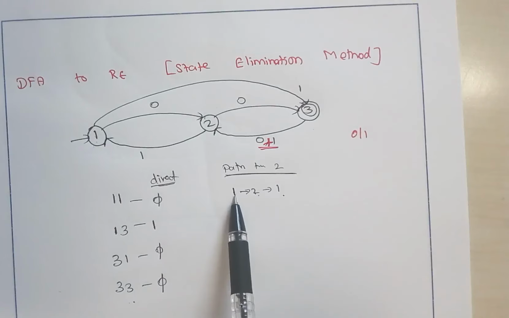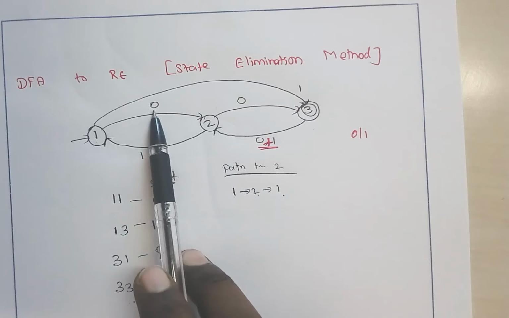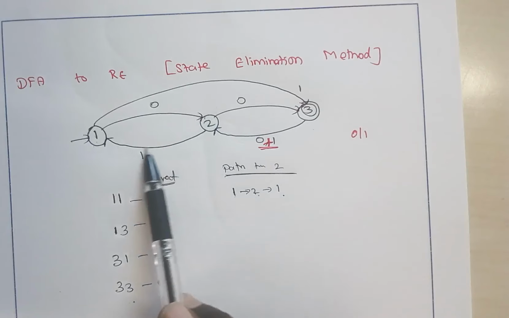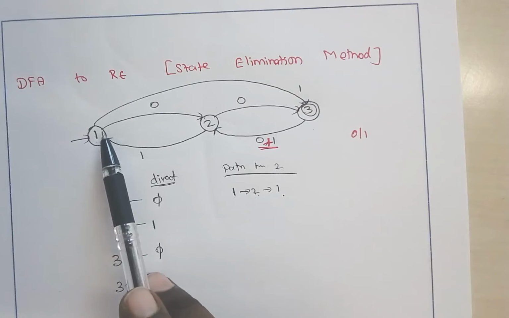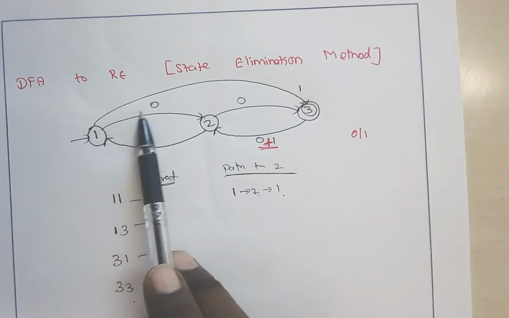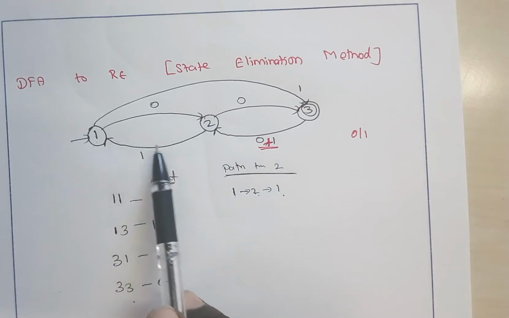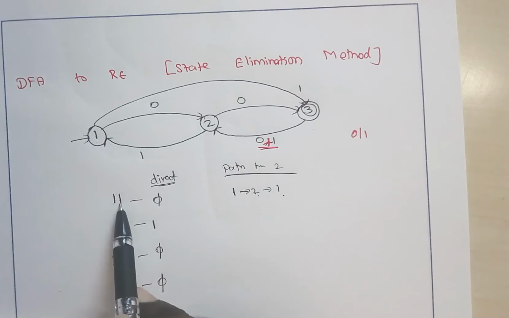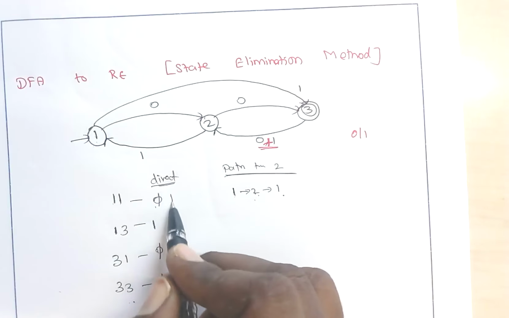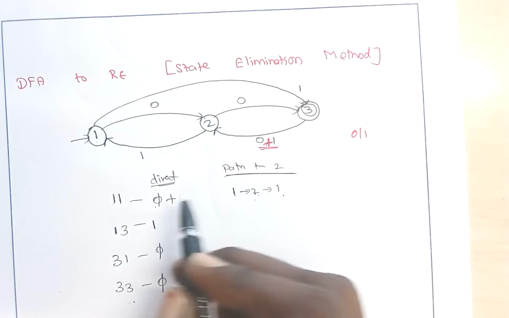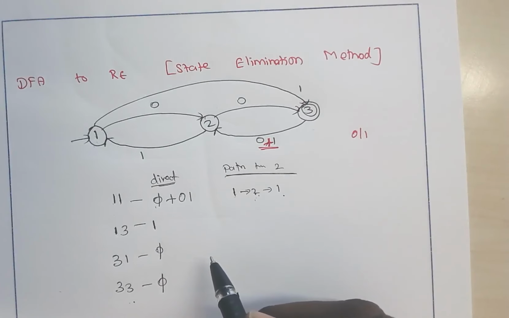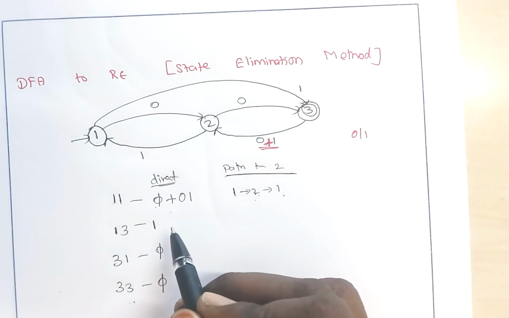Check whether there is a path from state 1 to 2. Yeah, from 1 to 2 we have a transition with the input 0. Again from 2 to 1, there is a path with this input 1. 1 to 2 and then 2 to 1, so this is a looping condition. So the input is 0, 1. From 1 to itself, there is no direct path. With 2 as an intermediate state, we have a transition with the input 0, 1. So we are going to club all those things together. Since we are going to consider it as a parallel edge, we are using the symbol plus.